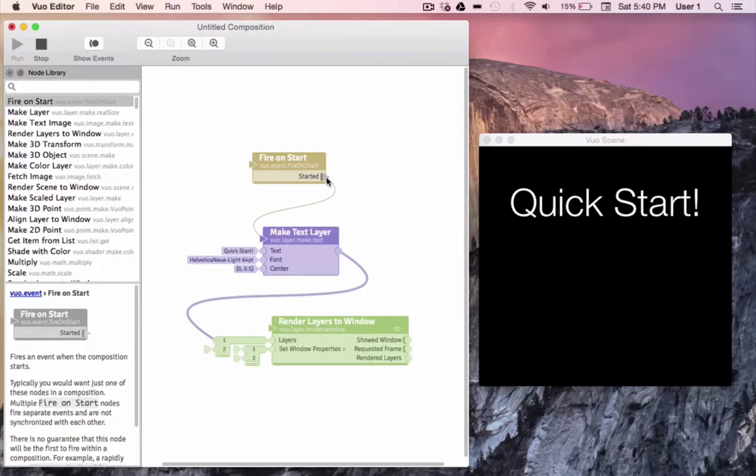That event flowed downstream to the refresh port of Make Text Layer, which took a look at its input ports and assembled a layer with the text Quick Start in this font in the upper middle position. Then, our original event plus the data of this new layer continued onward to the layer's input port of Render Layers to Window, which produced this window with our layer upon it.